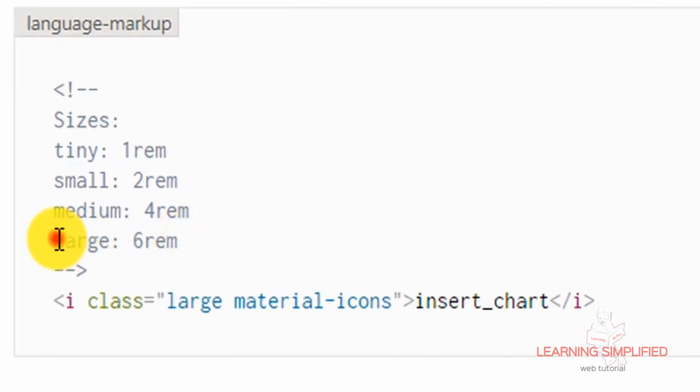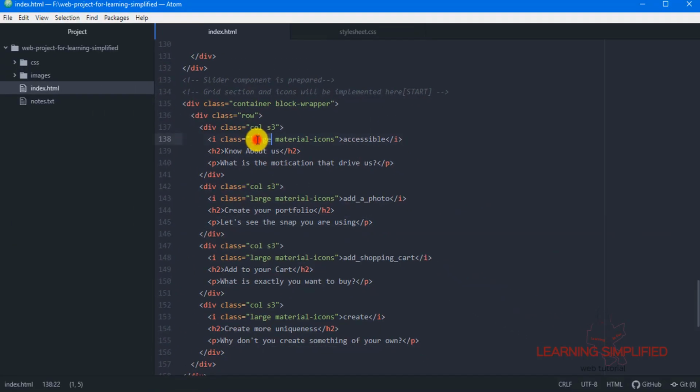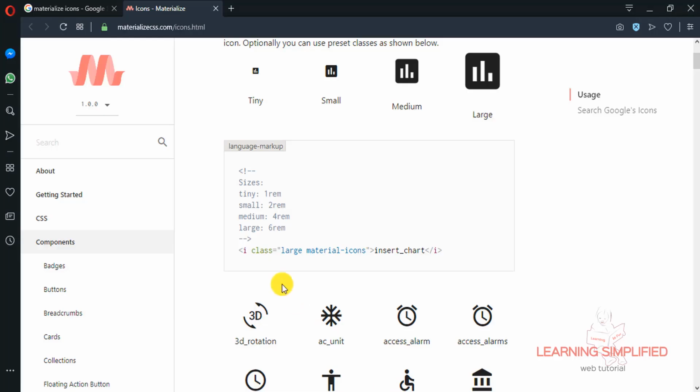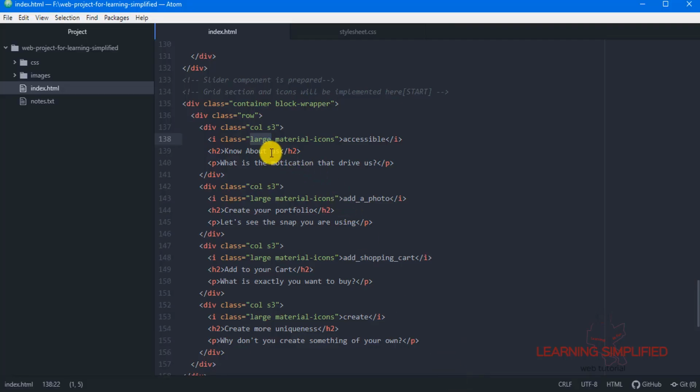In case of large, it will be using 6 REM. In case of medium, so let's change all those large classes into this medium class first. Then we need to observe the changes in the small class, and we need to observe the changes in this tiny class. So let's get back.